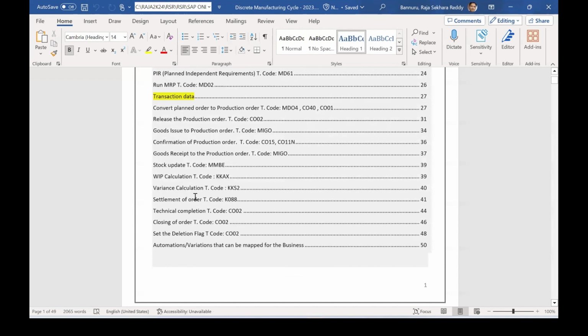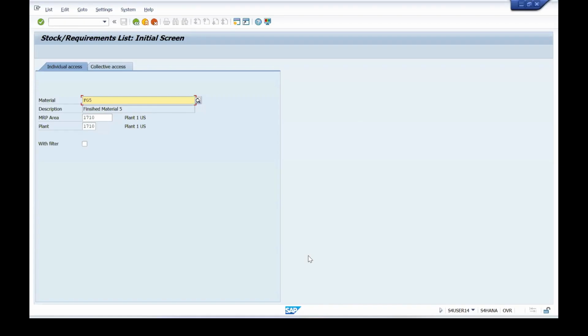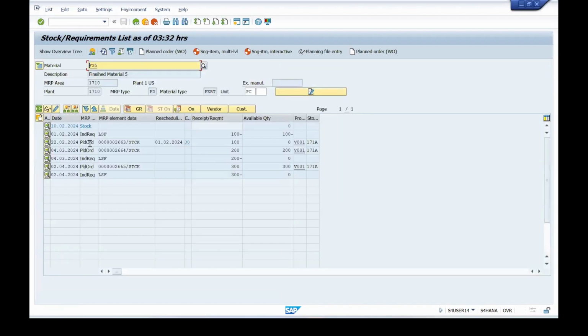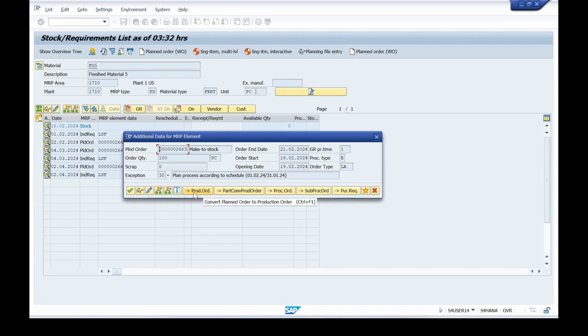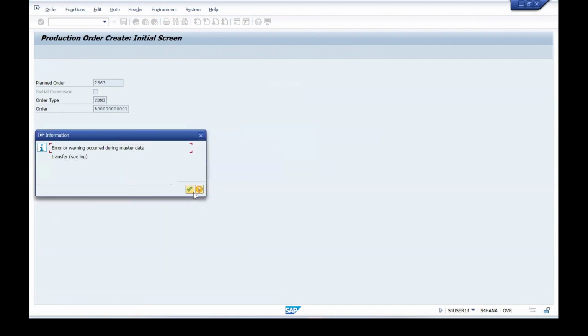Now we convert this planned order, and execution will start after converting the planned order. How can you convert the planned order to production order? Go to this planned order, click on this lens or element details. You will get an option to convert the planned order to production order. You see this, convert the planned order to production order. Click on this, automatically